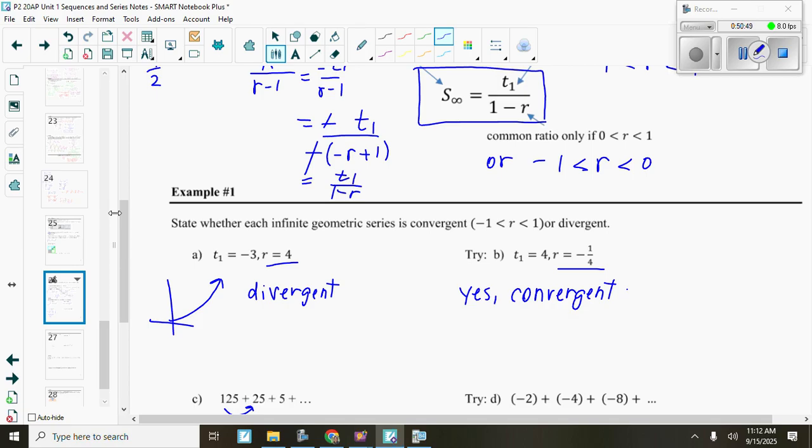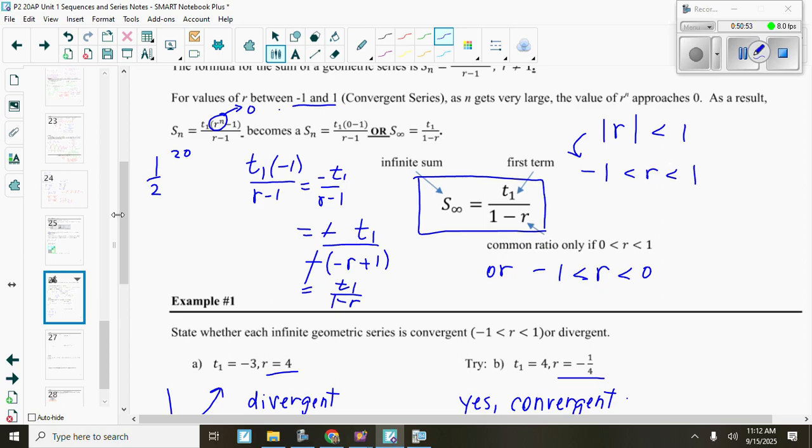If it's a negative common ratio and it's a quarter, it's the same thing, because this is really what we're after. So you don't have to reverse the formula at all. Nope, not at all. If it is negative though, and you use the formula,